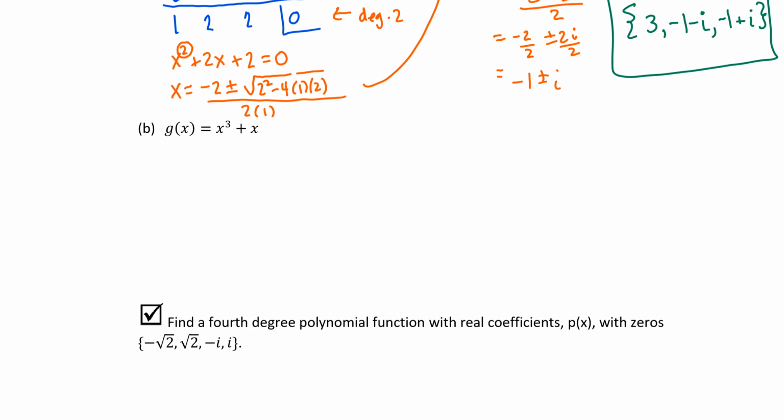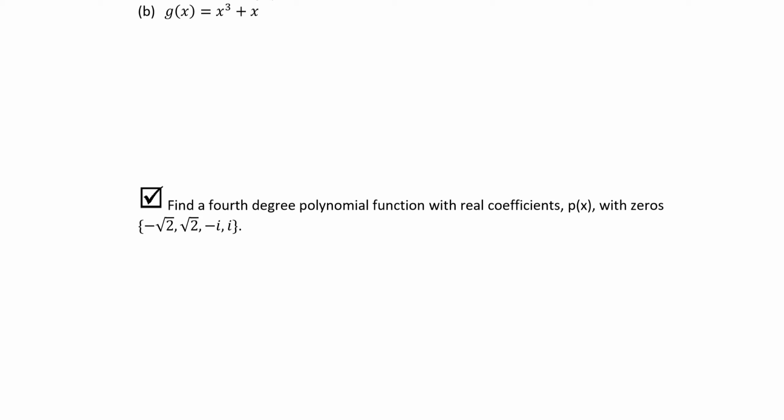Now, don't forget about your factoring techniques. Remember, when we're finding zeros of a polynomial function, you can certainly graph it and use this synthetic division process. Or, if possible, you can use your factoring techniques. Notice on this one, we have a greatest common factor of x, so I can factor that out and obtain a quadratic factor. x squared plus 1 does not factor. Remember, the difference of 2 squares, x squared minus 1, factors as x plus 1, x minus 1, but the sum of 2 squares does not factor.